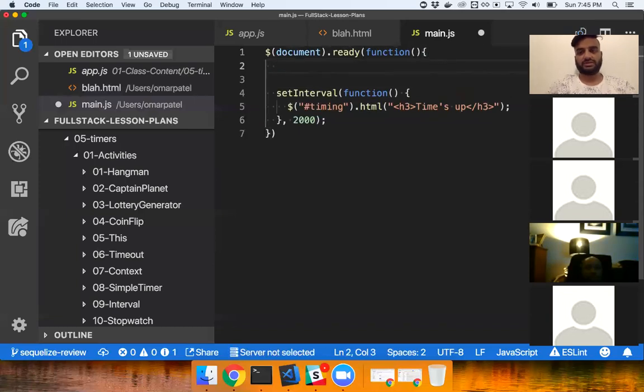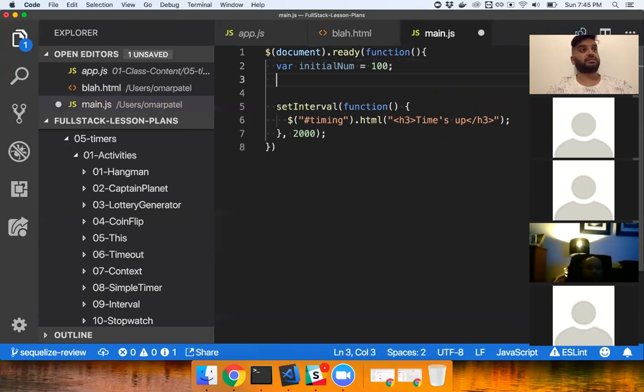So what I'm going to do is, in order to solve this problem of decrementing, I need to first set up a number that's going to be constantly changed in memory. So I'm going to have to set a var initial num equals 100. And then what we can do is,